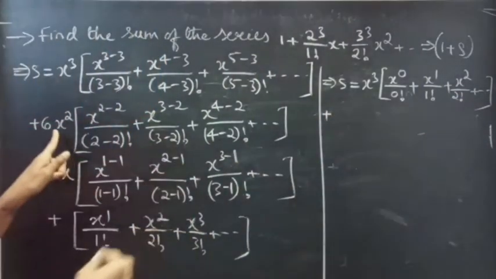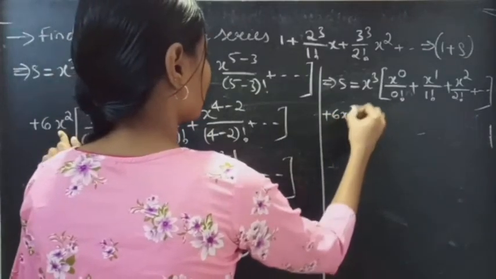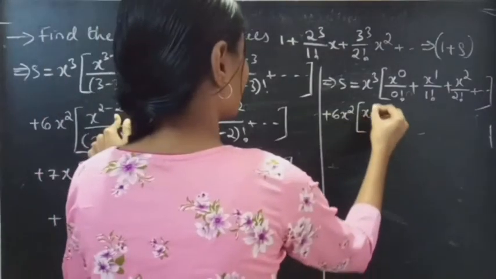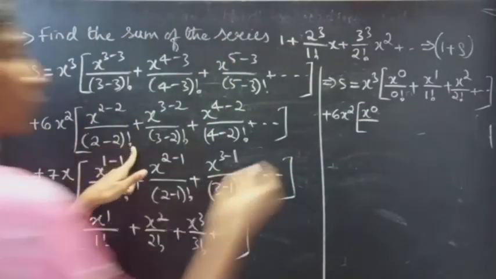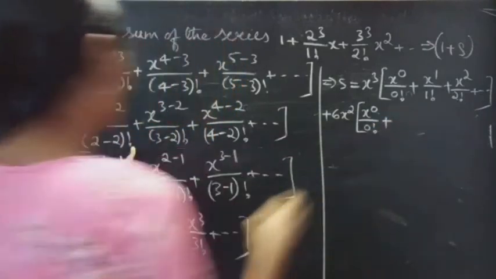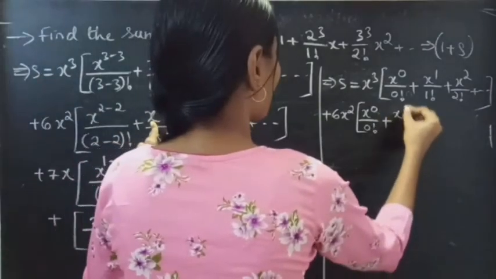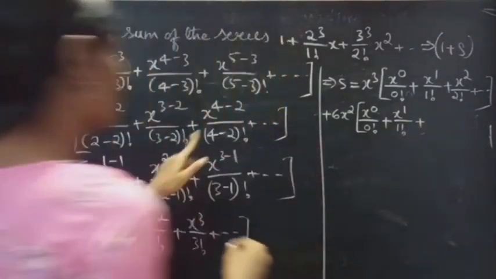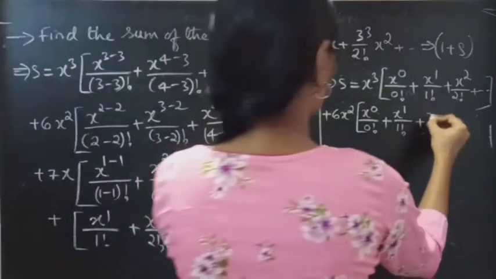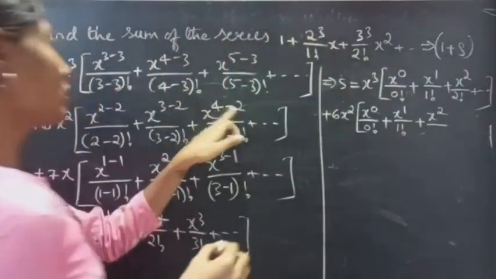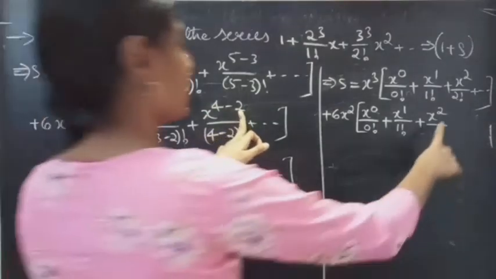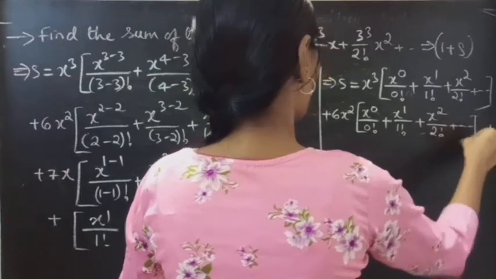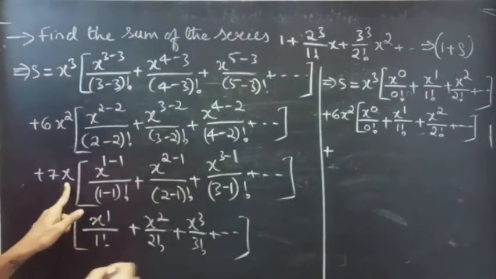Plus 6x square into x power 2 minus 2, 0 by 2 minus 2 factorial, 0 factorial, plus x power 3 minus 2 is 1 by 3 minus 2, 1 factorial, plus x power 4 minus 2. 4 minus 2 is 2, so you'll get x square by 4 minus 2, 2 factorial, plus so on, plus 7x into